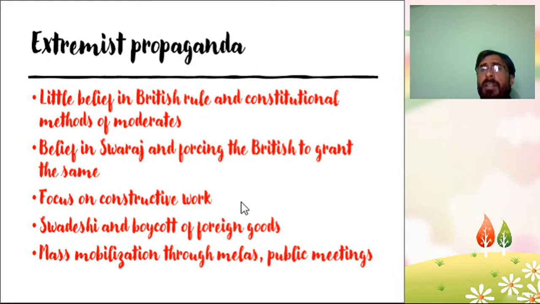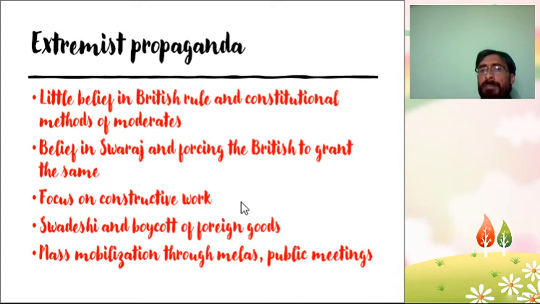They believed that British rule was based on the exploitation of the Indians, and therefore the British could never be sympathetic towards the Indians, and they could never rule India in the interest of the Indians. They also believed that the policies adopted by the moderates could not force the British to provide some relief